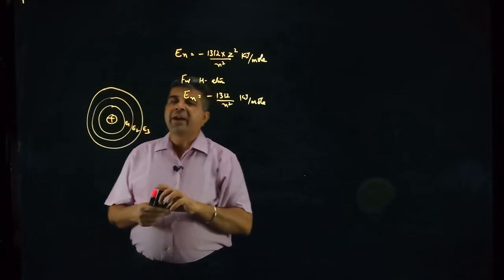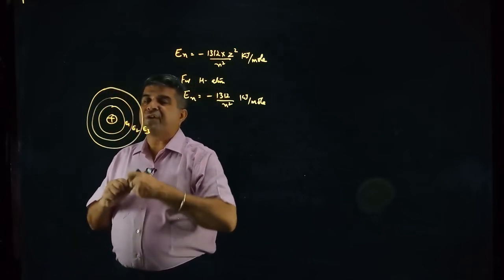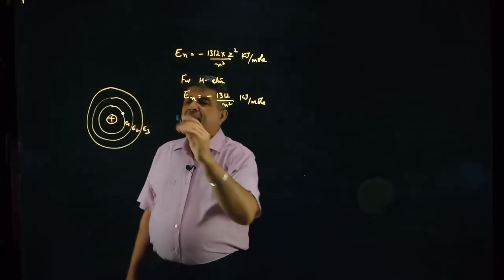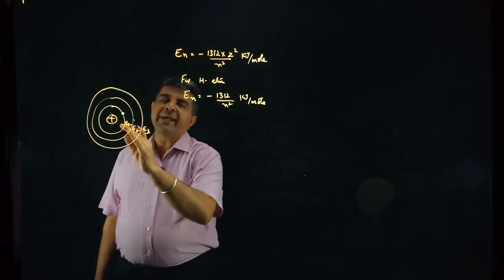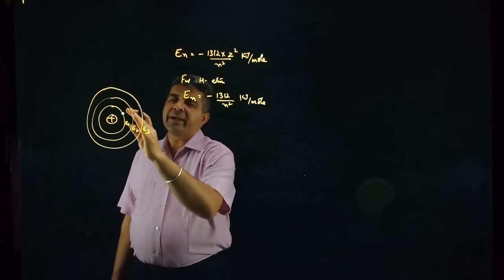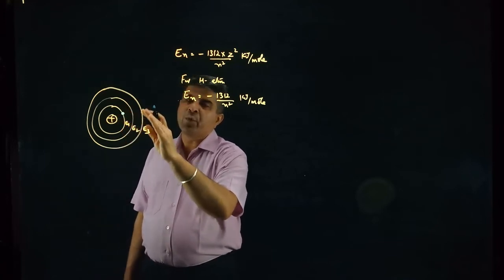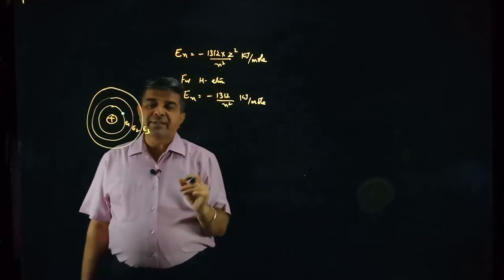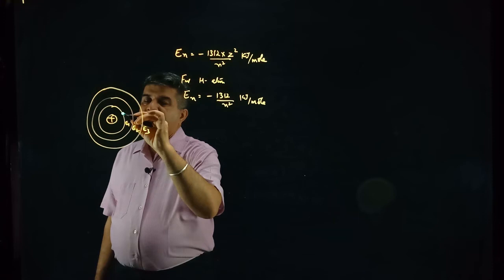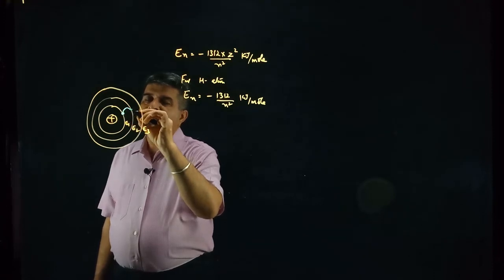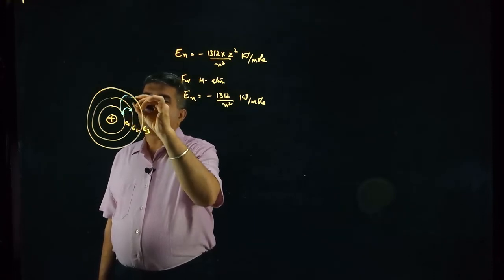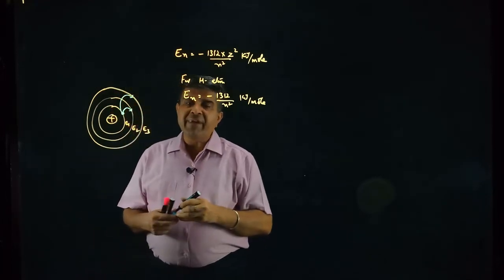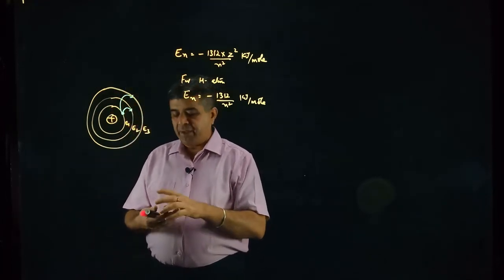So now if an electron is present in the first orbit, and I have already told you that the energy of the first orbit is least, then for the second orbit it increases, and then for the third orbit it is more, and it would be maximum when it is at infinite distance. So now if this electronic transition is to be carried out from the first orbit to the second orbit, or from the first orbit to the third orbit, in this case we have to supply some energy.